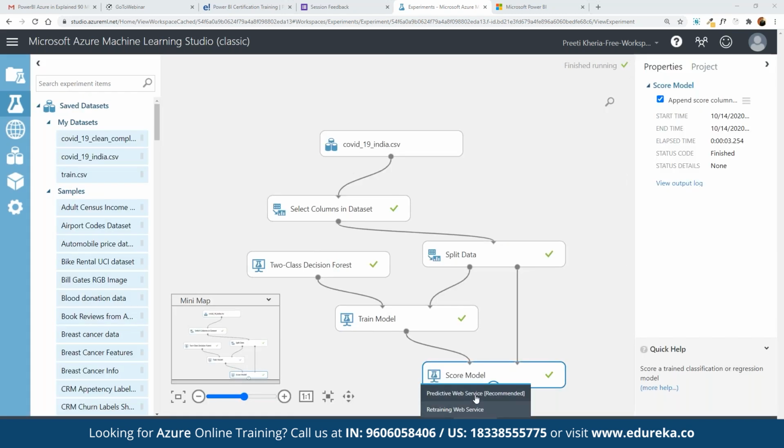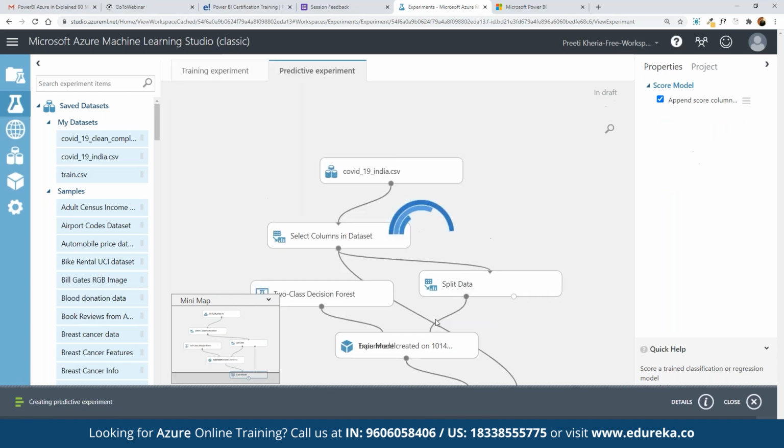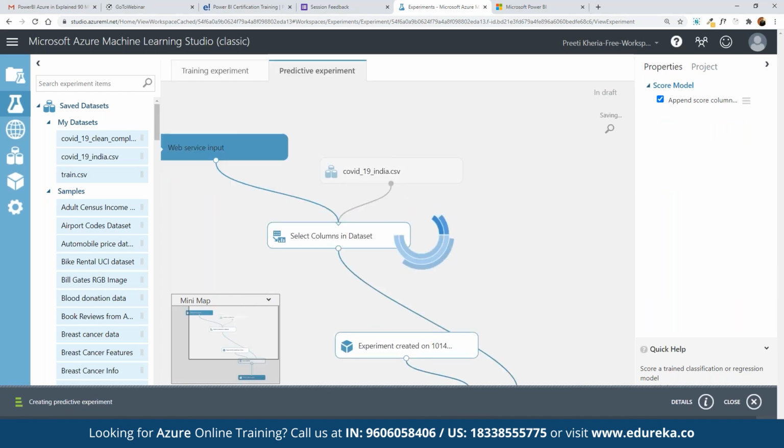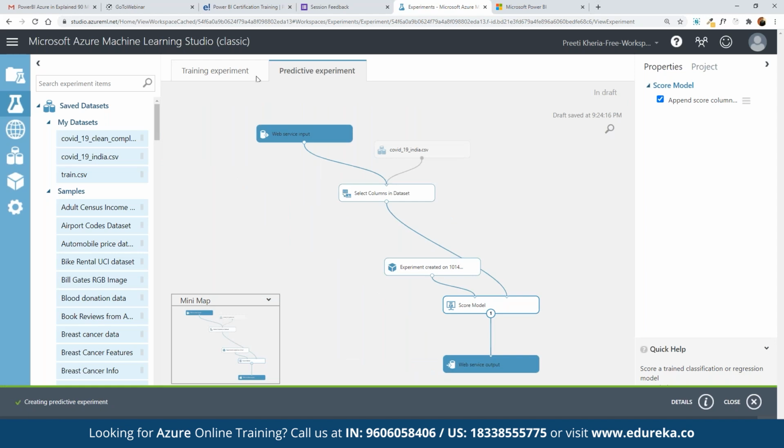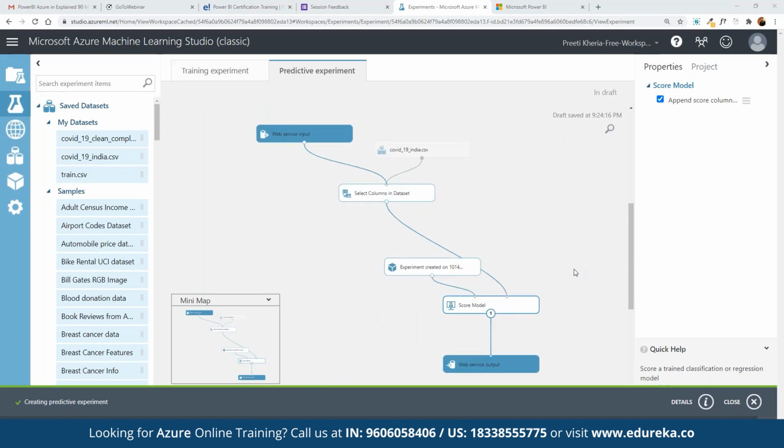And here we can set up the predictive web services, which is currently recommended. As you can see, the entire model is going to be defined and deployed for creating the entire predictive experiment. The experiment is being deployed automatically. And in the same way we can integrate this entire component by taking care of a simple R script back in Power BI, through which, using that R script, we can easily create the deployment and have it done.